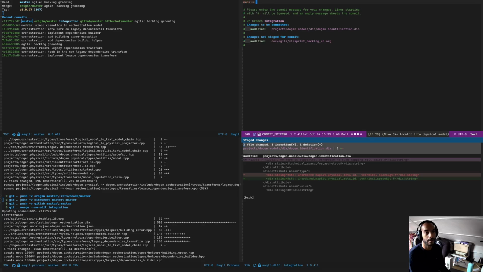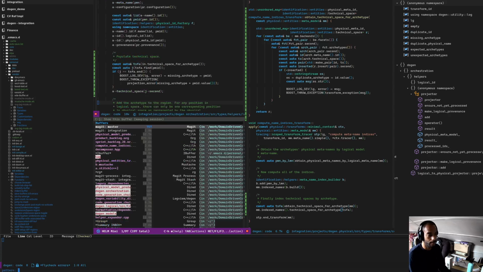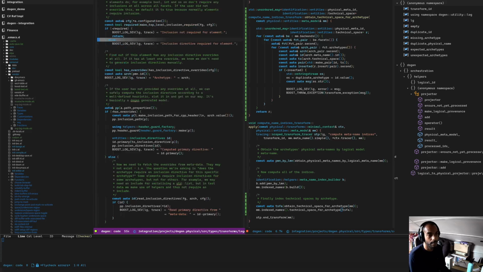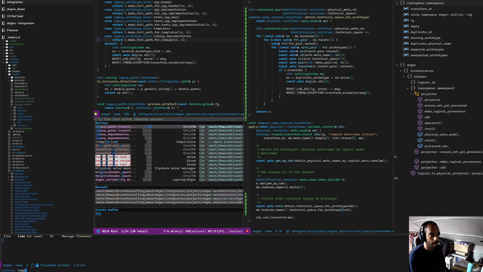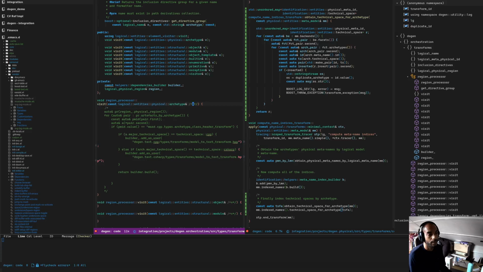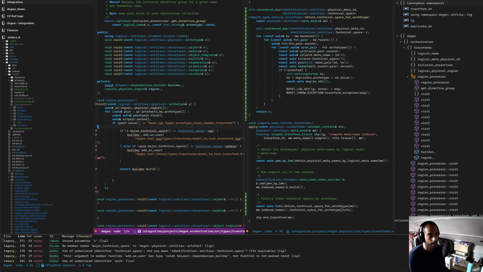Cosmetic fixes to identification model, and we are doing all the right things at this point in time. So finally we should be able to go back to our legacy dependencies transform, and eventually, after a long drawn out process, we should be able to now say,